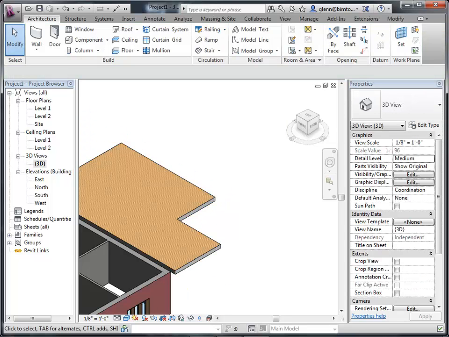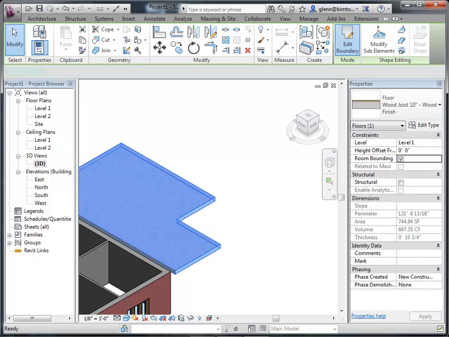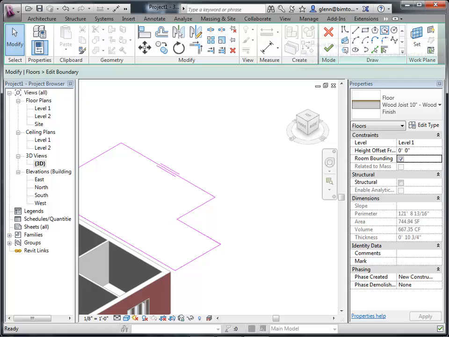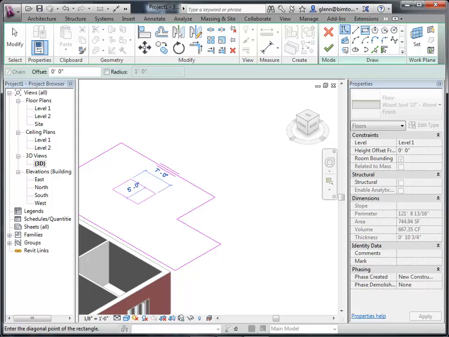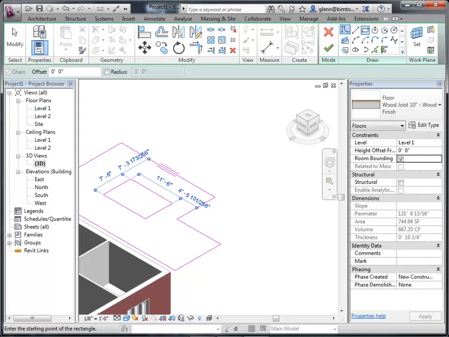Okay, now as you're going through and creating these, you create a boundary, and that's looking pretty good. You try to form a nice continuous loop. If you need to put a hole in the floor because you have a big old atrium in the middle of your building, or a stairway that's dropping down, or some sort of shaft, there's a number of different ways you can do that. But probably the most straightforward is you can choose that floor and edit it. And if you just put an opening inside of the boundary, so a loop within a loop,